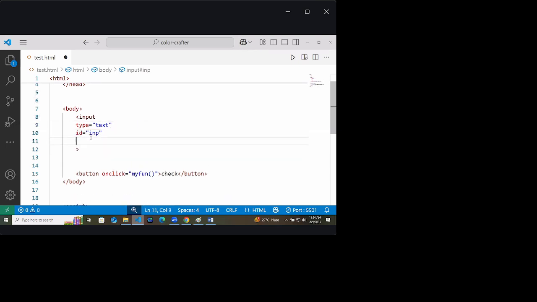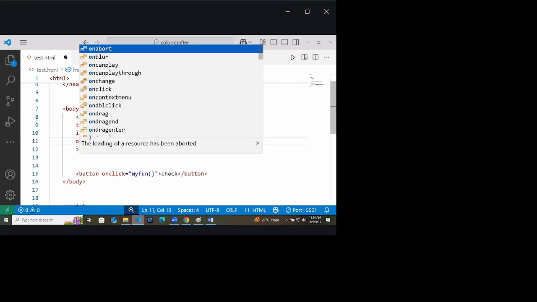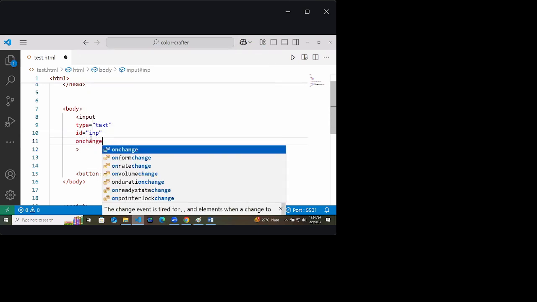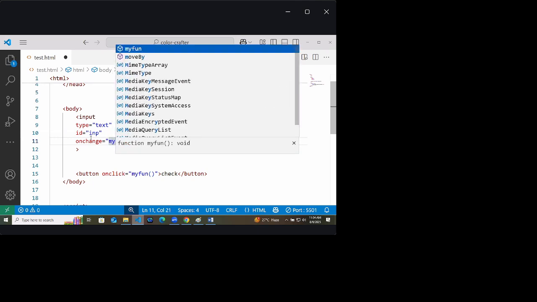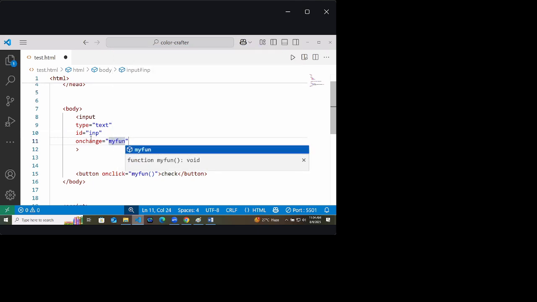I will give a function to it, that is onchange. Onchange means if something is changing in this input box, it will call a function called myFun. Whenever something is changing, it will call myFun.